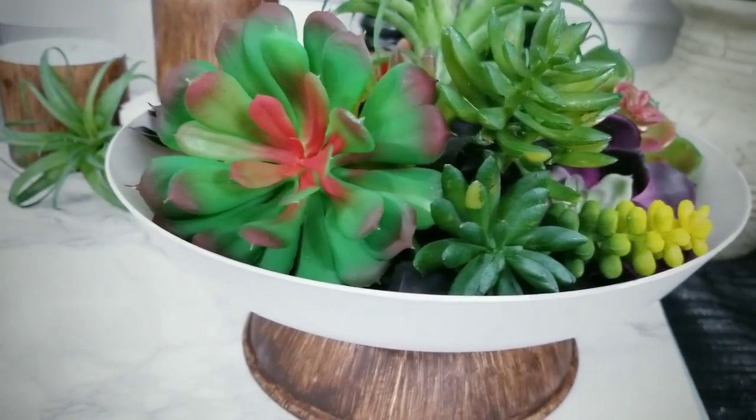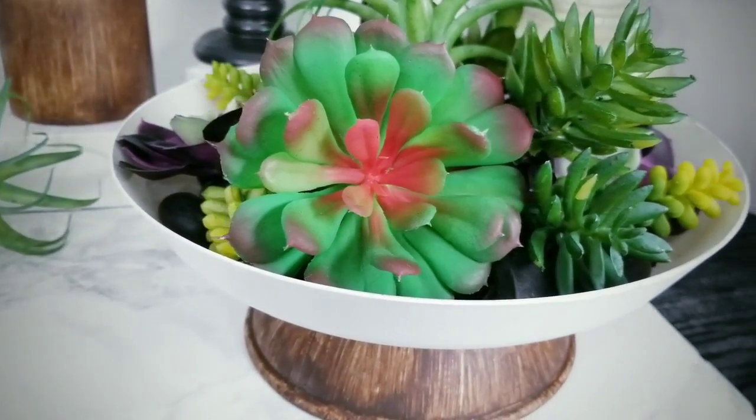Now for your convenience, I provided the list of supplies and tools to make all of these projects in the